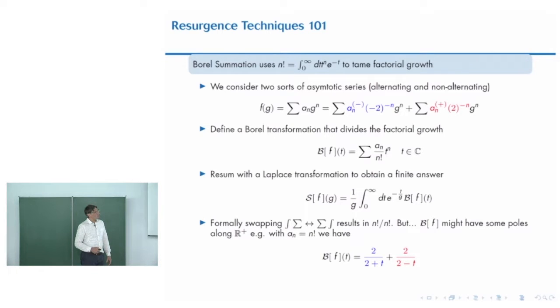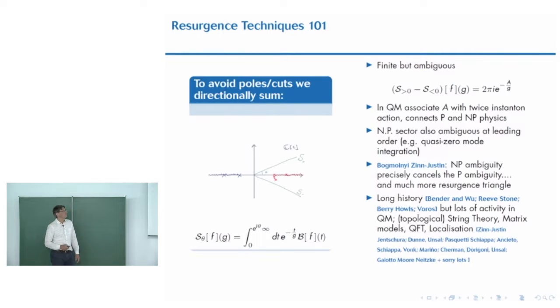So I've done my Borel resum of the series. I've got a blue bit here. This has a pole at t is minus 2. Well, that's fine, because that's not in 0 to infinity. But the red bit has a pole at t equals 2. And that is, t equals 2 is on this contour. So this integral isn't well defined. So we have to do something.